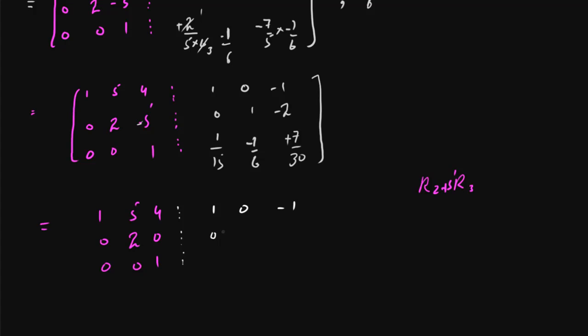For example, 0 plus 5 and 15, and next we have 1 plus, we have minus 1 multiplied by 5 over 6, and next I'm going to take that to the same row, like 0 will come here and minus 1 will come here, and we have minus 2 and 7 multiplied by 5 over 30, and next we are going to write the same 1 over 15, minus 1 over 6, and we have 7 over 30,